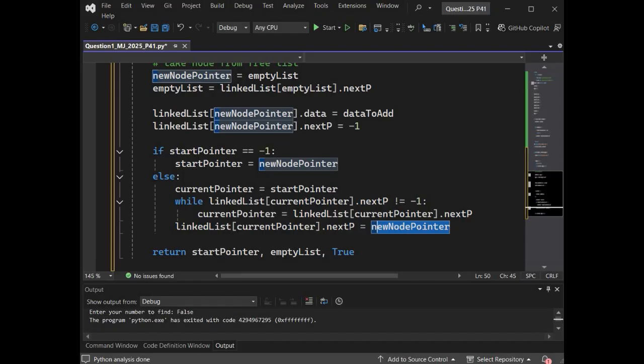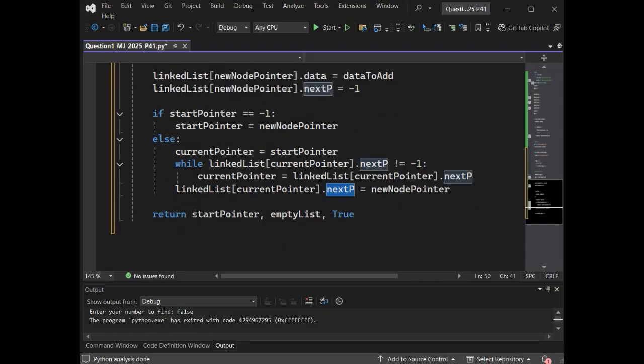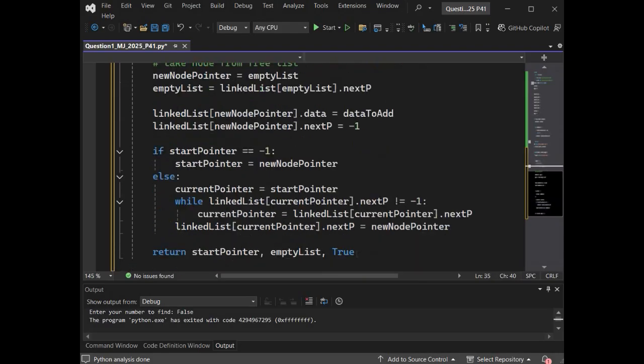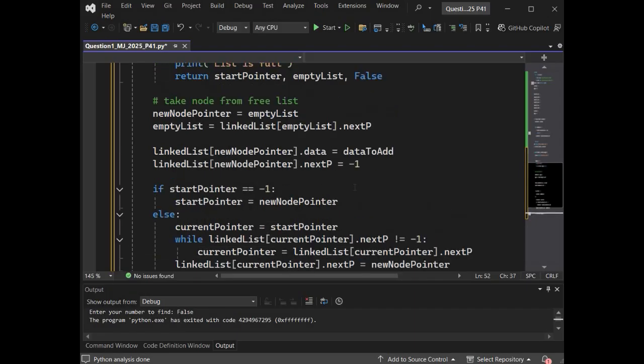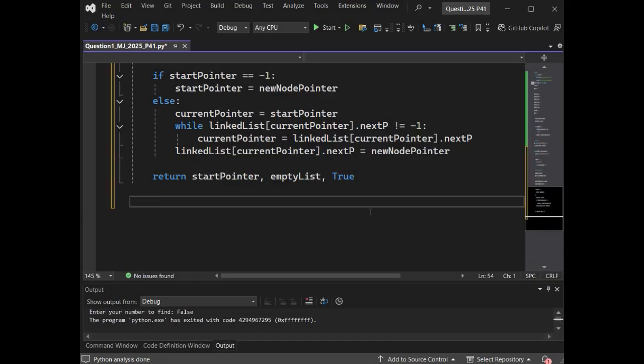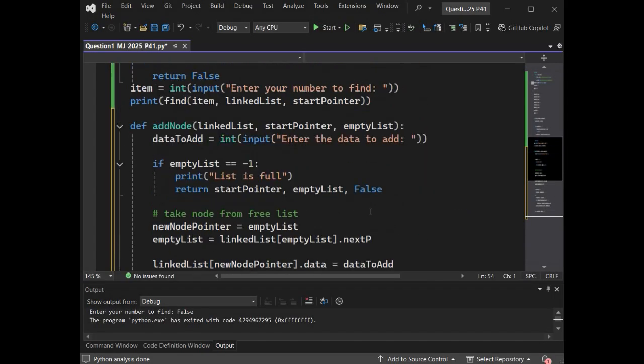What we'll do, we'll move it into the next pointer value so that everything is absolutely where it is supposed to be. Finally, we'll return start pointer, empty list and true. True to show whether we successfully added something or not. If you don't need to show an appropriate message, then you do not need to output true and false. Let's run this function and see how it works.